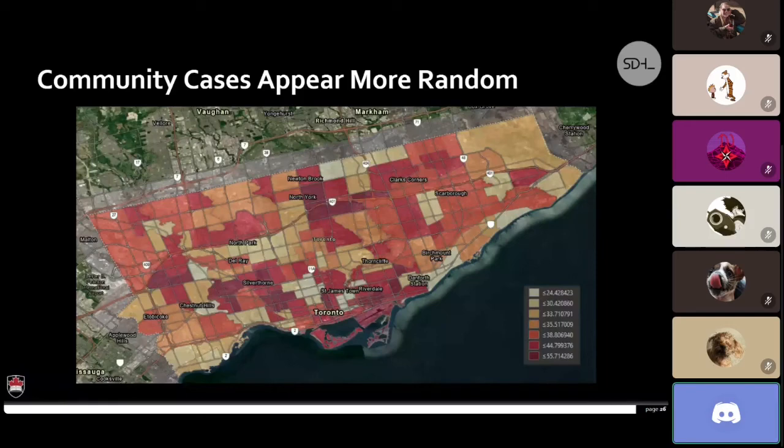And you can see this is centering a little bit more in the downtown, which intuitively is probably what most people would expect, as it's a denser environment. So you have far more people living there, which means far more opportunities for human interaction. But it also appears a little bit on the periphery. So where you can see North York on the map and Scarborough, there's still substantially